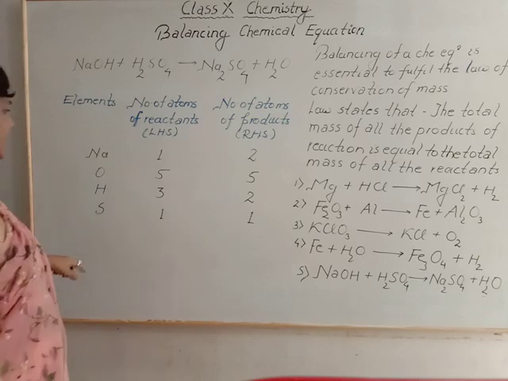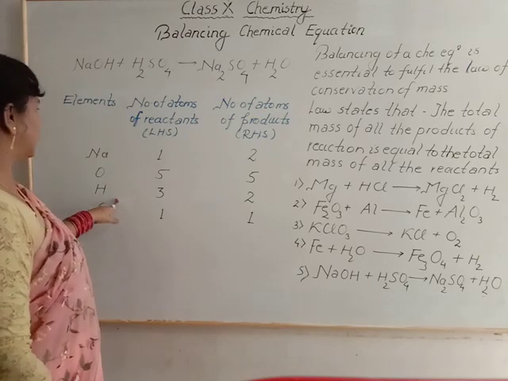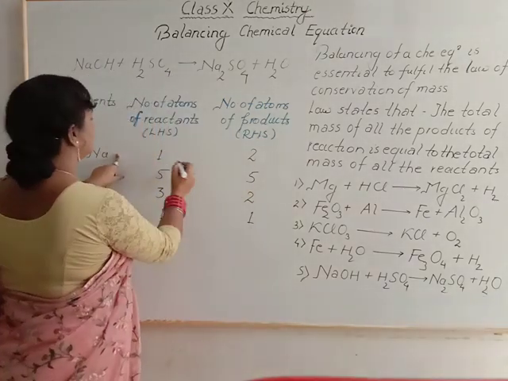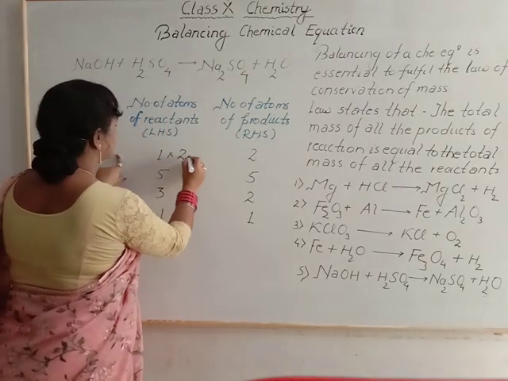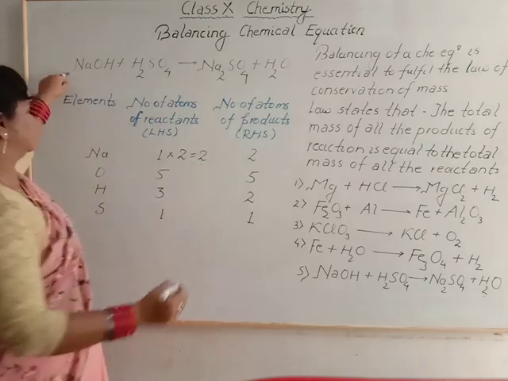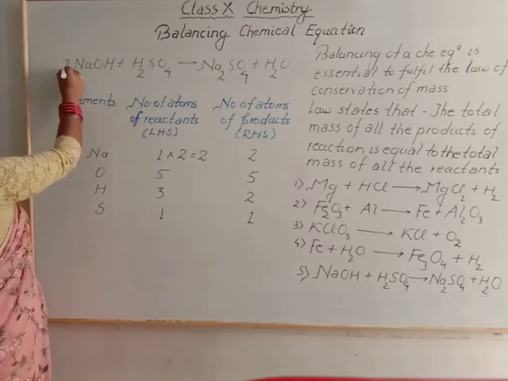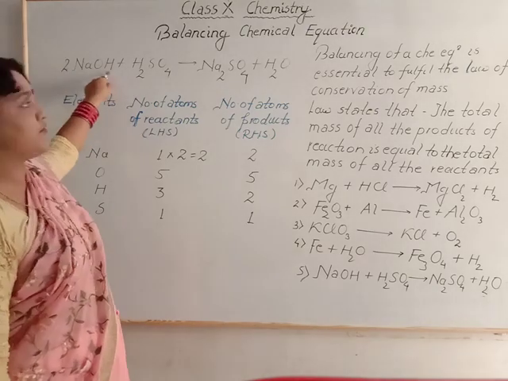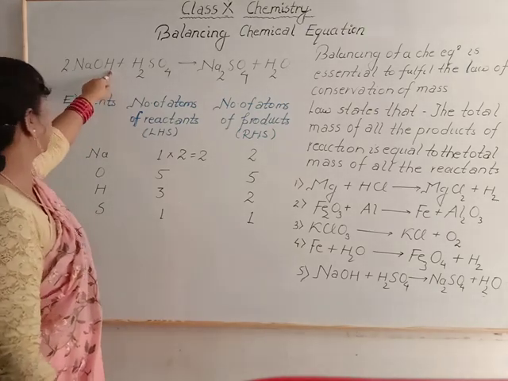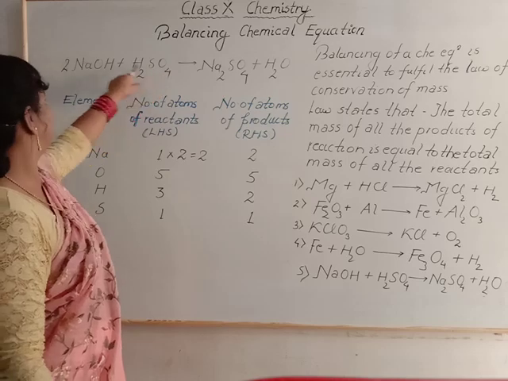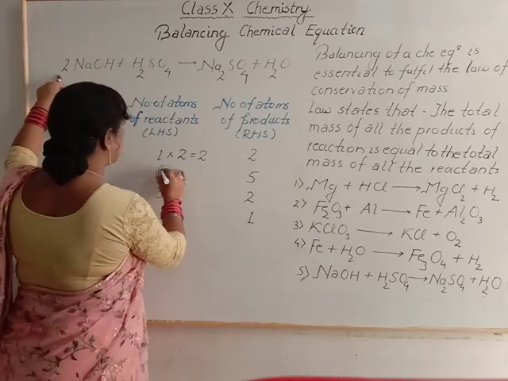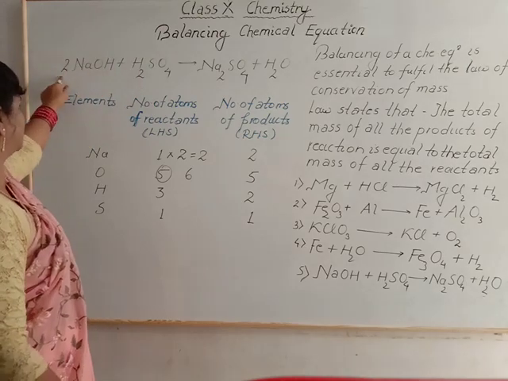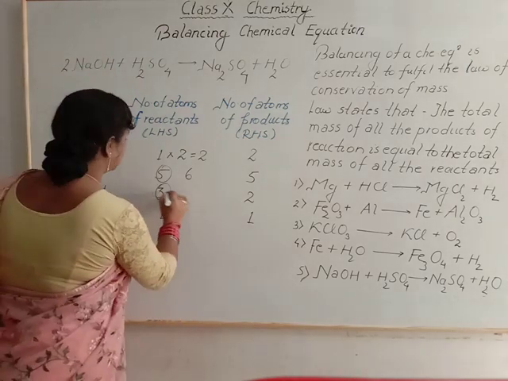Now you see that here hydrogen and sodium are not balanced. So first of all, what you have to do here is make it 2. So sodium is balanced, but the number of oxygen and hydrogen has also changed. Now oxygen becomes 4 plus 2, 6, and hydrogen 2 and 1, 2 and 2, 4.